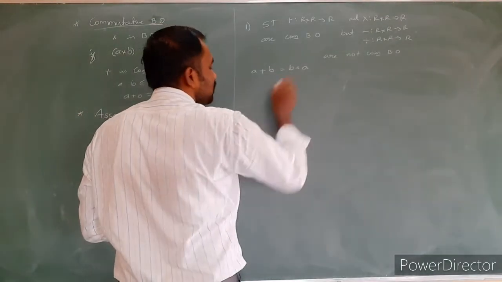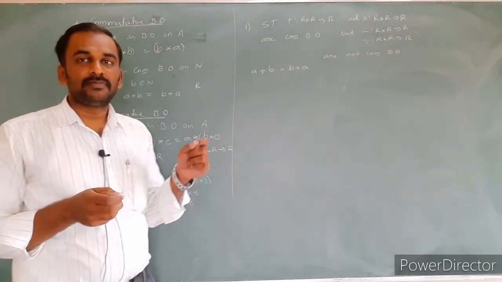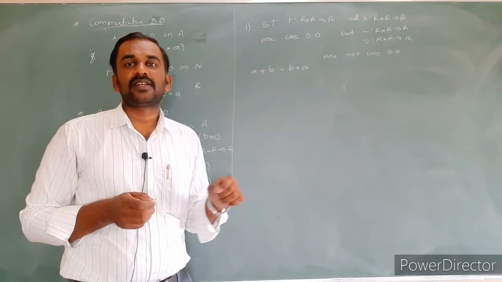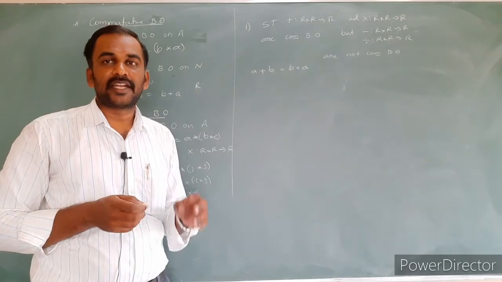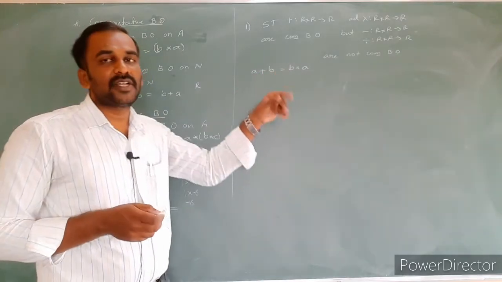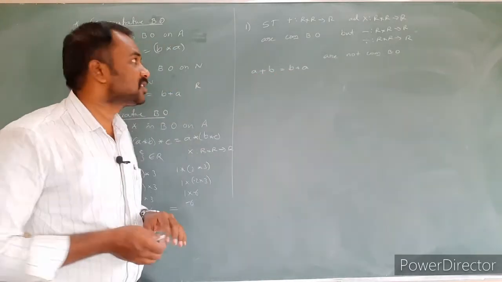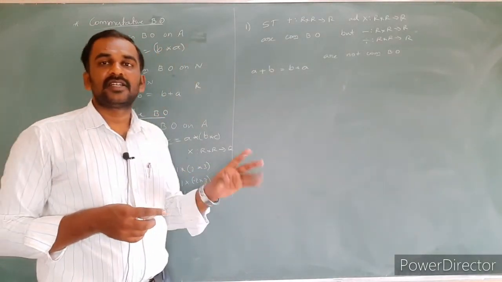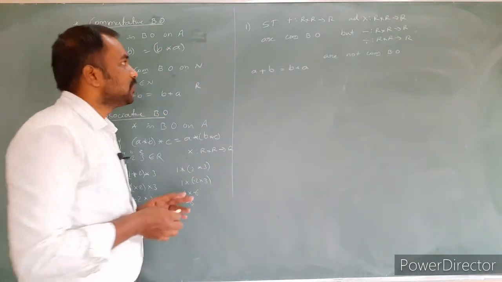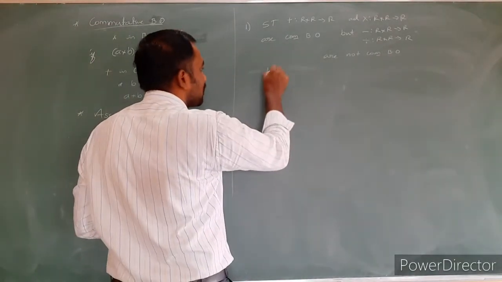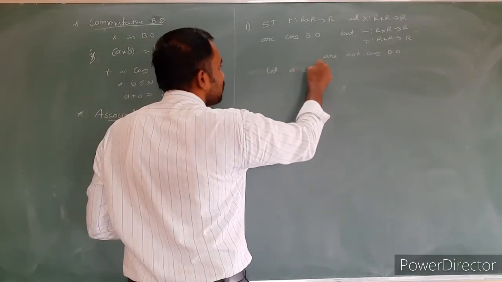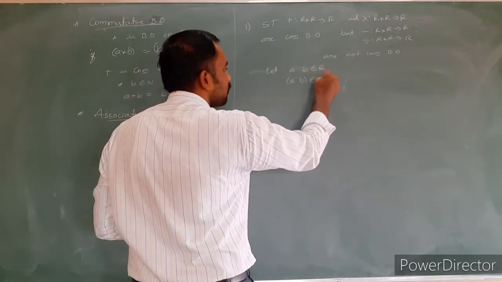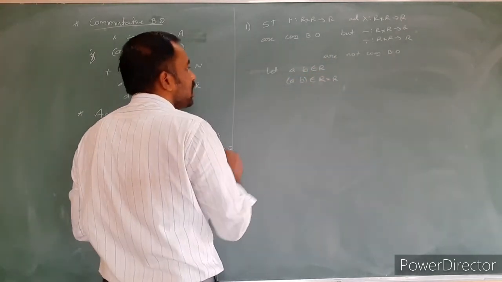So here you just give the conclusion. The sum of any two real numbers always satisfies the commutative binary operation. Why? Because a plus b is the same as b plus a. Similarly, multiplication of any two real numbers always satisfies the commutative law. How do you prove it mathematically? Let a and b be any two real numbers. (a, b) is present in the Cartesian product R cross R.